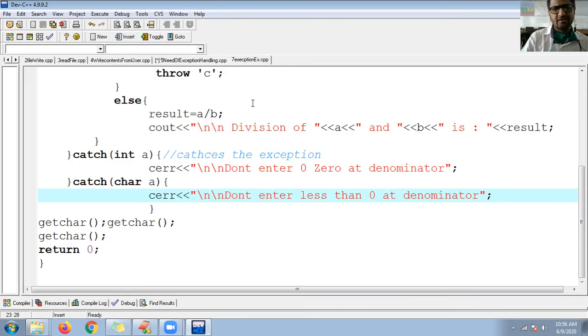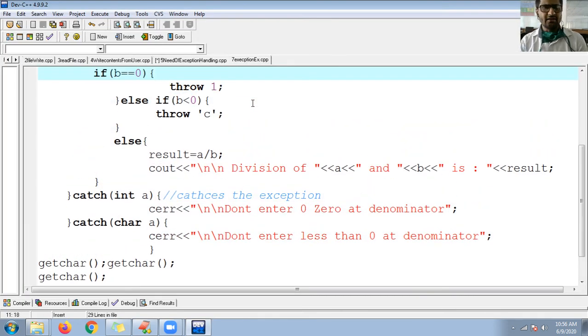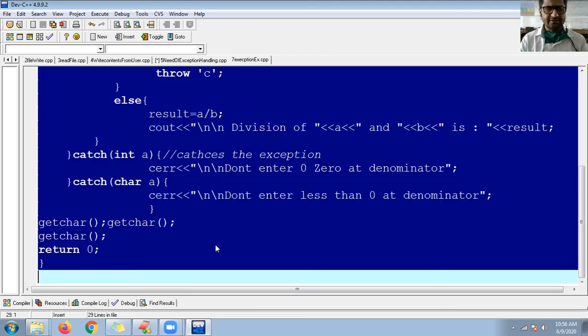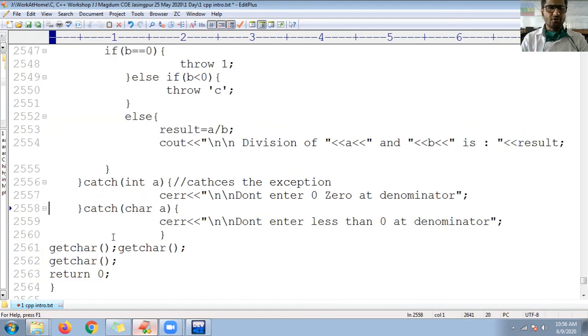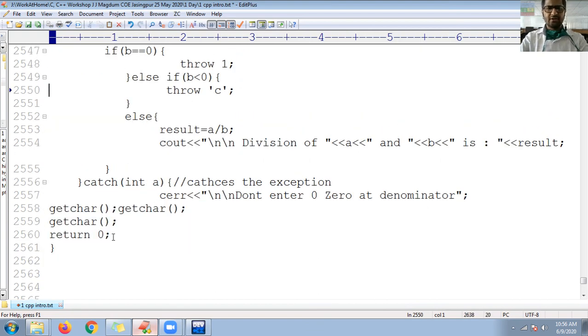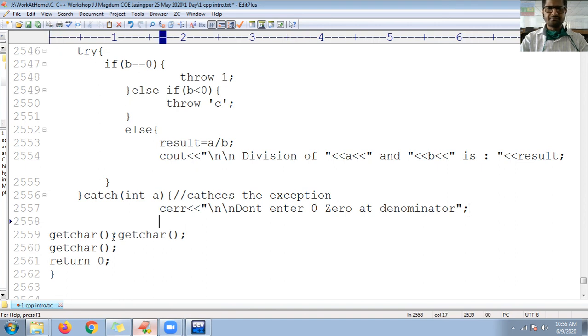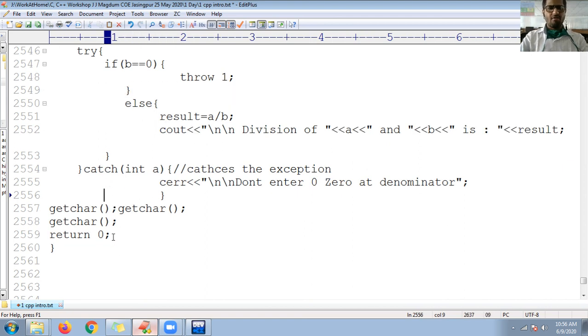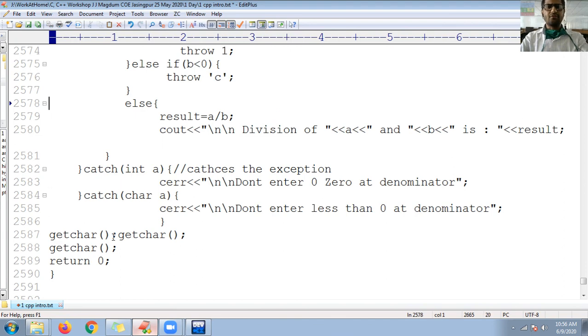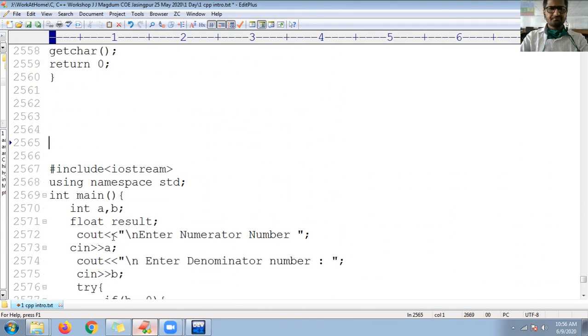Okay guys, fine. So in this way you are able to handle exceptions, single and multiple also. So let me go for the first, single. Okay, this is for single, and this is for multi-catch exception handling.